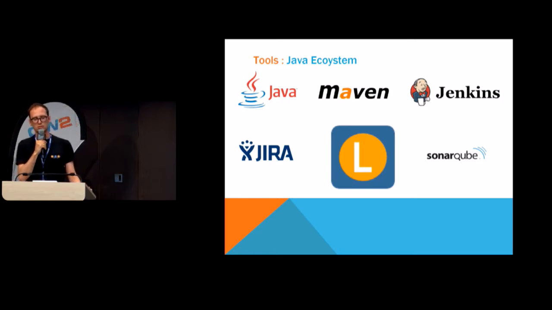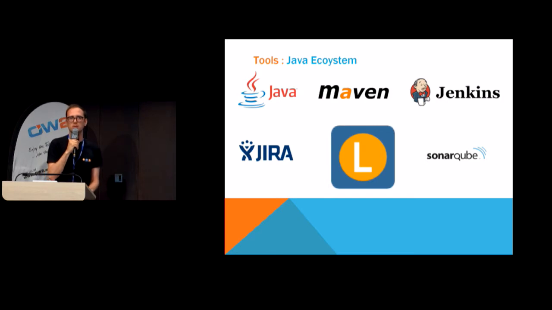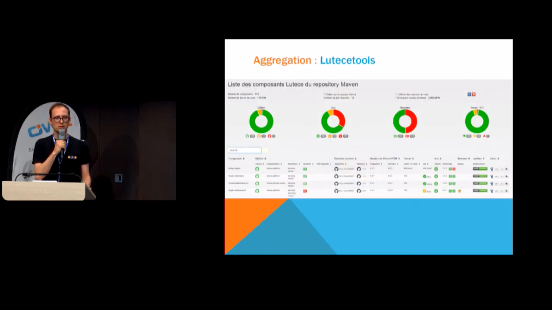And we use a custom-made system to provide continuous delivery with one-click deployments. All the information from these different tools is also aggregated in one simple tool that we wrote. That's a custom tool that shows the percentage of projects that are following the coding guidelines, the number of issues, the releases, etc.